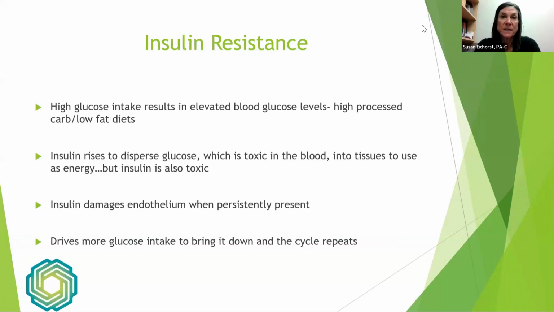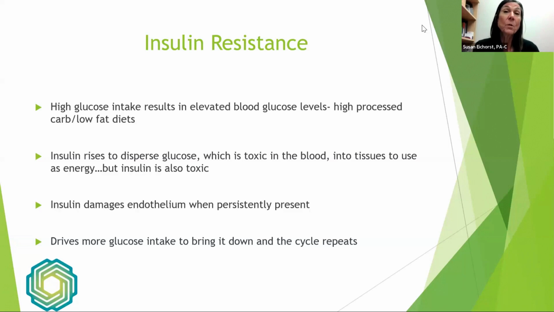Insulin resistance, this is the big guy. This is what's responsible for so many chronic diseases that we've kind of not had a good root cause explanation for in the past. But insulin resistance really leads to arthritis, hypertension, cancer, dementia, certainly diabetes. This is the case of high glucose intake that then results in a high blood glucose level. This is from our high processed carbohydrates and regrettably a low fat diet. This is what's been sold to the American public for the last 40 years,